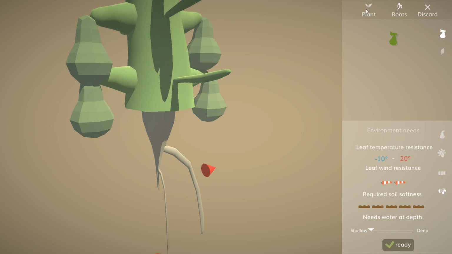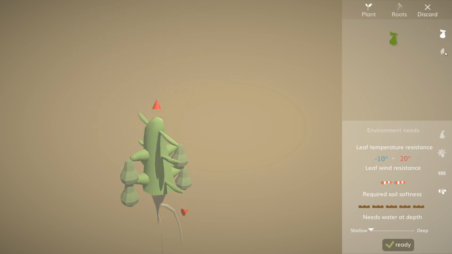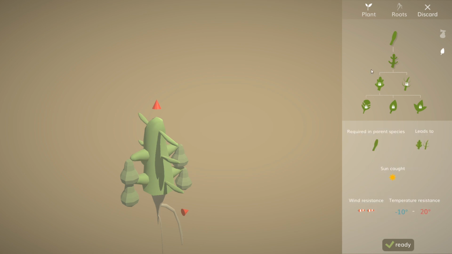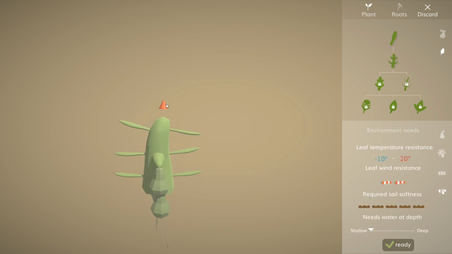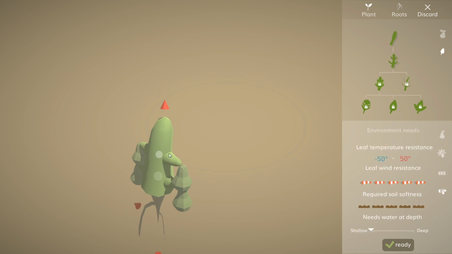Well, I know how to make it more wind resistant to start with, so let's work on some wind resistance firstly. So let's just see what we've got. We've got leaves, and we have unlocked these leaves now, so we can mutate it a little bit more. So the only thing I'm going to do to this plant is take these leaves that have a little bit more sun caught, and then I'll just try and put them...